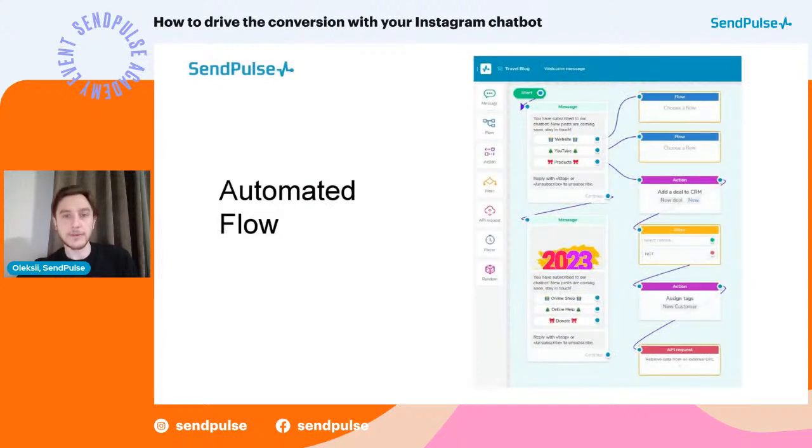Okay, so as for automated flow, I want to talk about this example. I think that we will